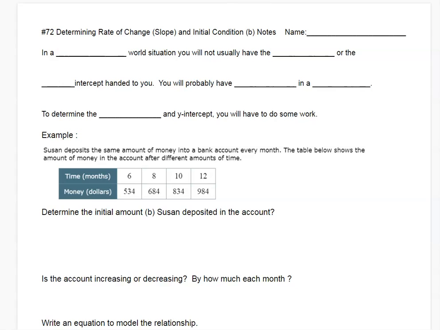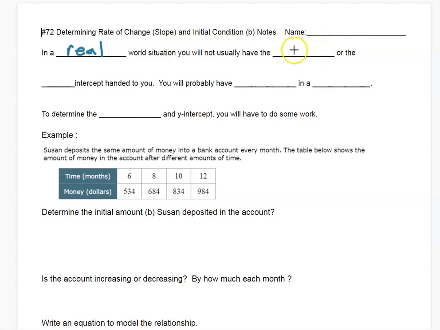Hello, class. Well, today we're going to be talking about how to determine the rate of change or slope and initial condition or B when you have a word problem. Okay, we're talking about a context. So, in a real world situation,